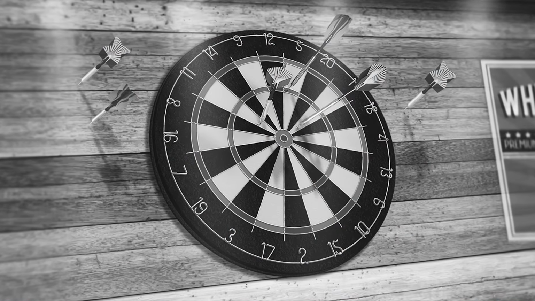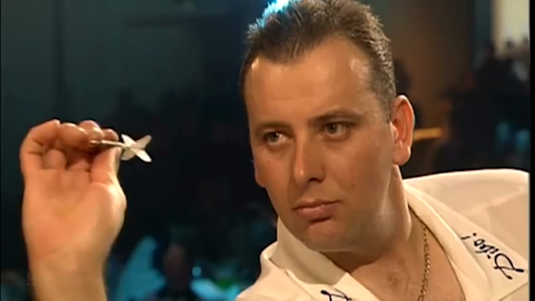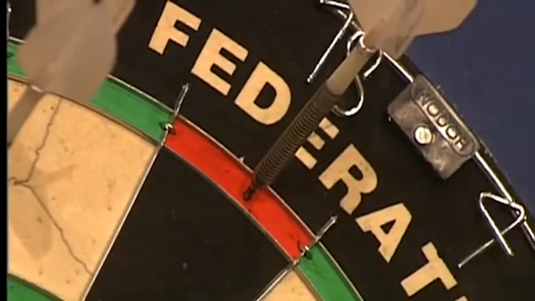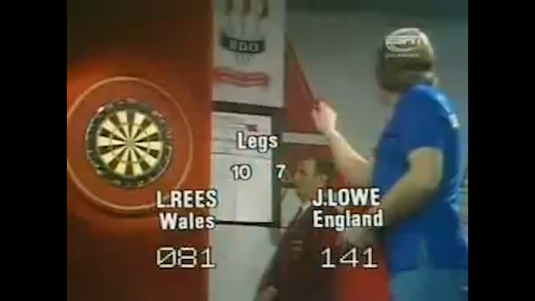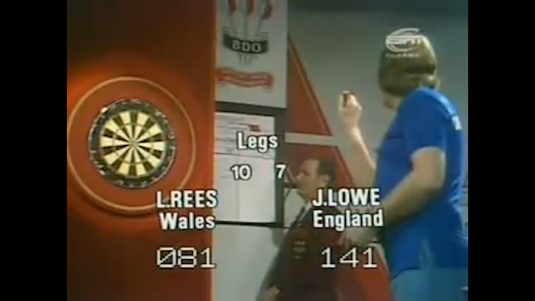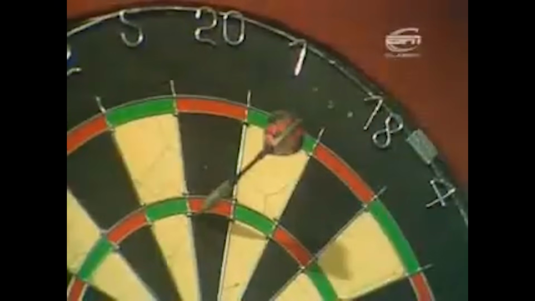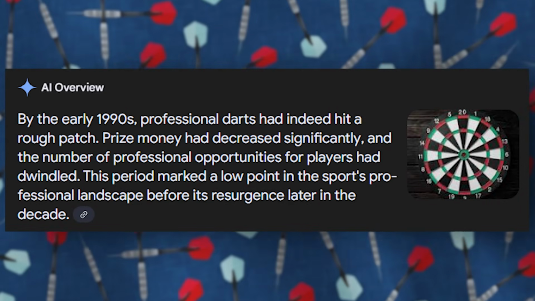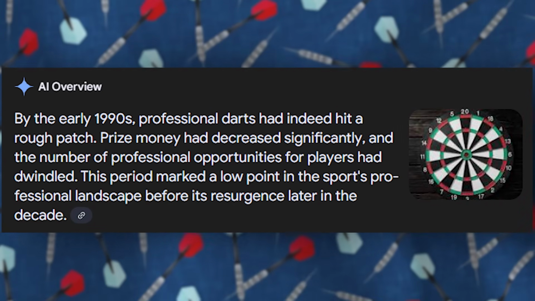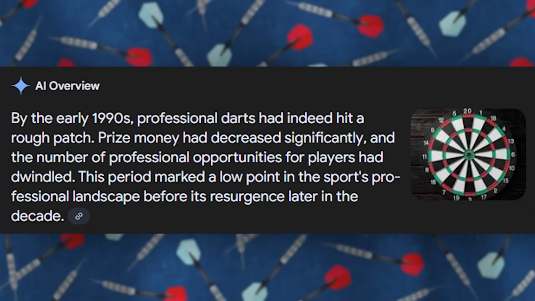While other sports embraced modern broadcasting standards and corporate partnerships, darts remained stagnant. This period also saw a lack of new talent emerging and a generational gap in the player base. Many of the sport's original stars were aging, and there was no clear plan for development of young players or international expansion. By the early 1990s, prize pools had shrunk significantly, and professional opportunities were scarce.